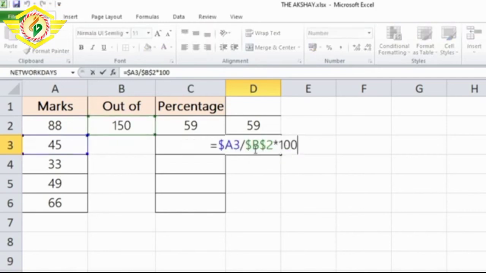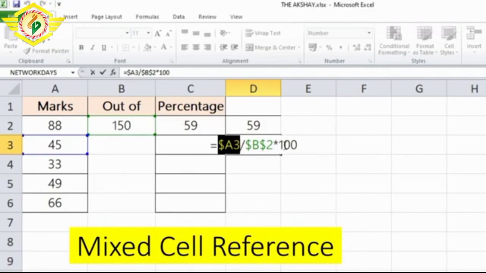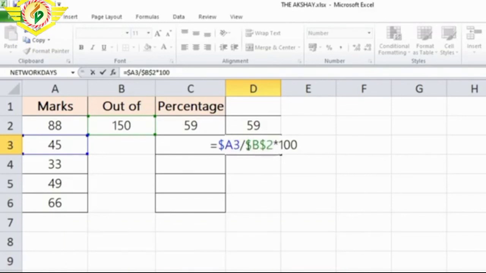So this type of reference is called a mixed reference. So this is an absolute reference where column and row are both locked. But in this case, only the column is locked and the row is changing. So it is a mixed reference. Okay? And this is an absolute reference.